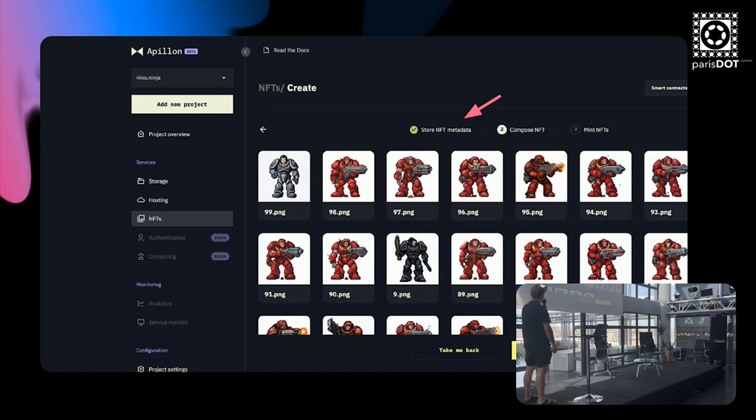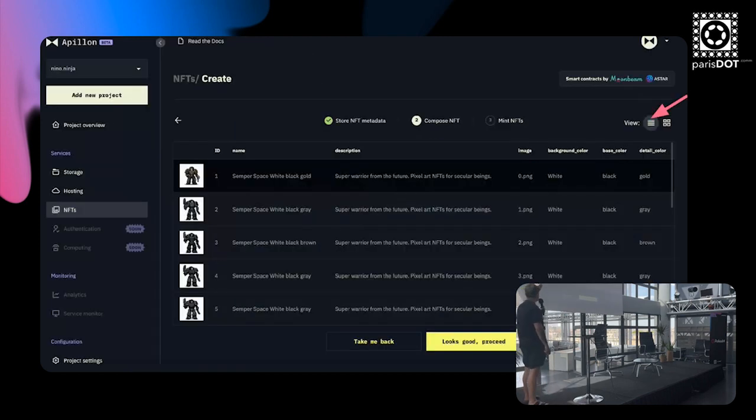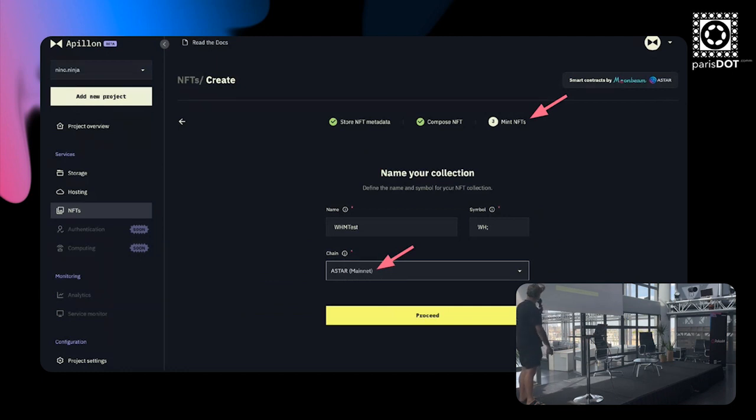So if you're ready and you see the CSV file is good, you click looks good, proceed. And we also offer you a table view so you can compare and see, if you have 100 and something NFTs like I had in this case, it's very nice to compare them and to see where this is working. So the next thing you can do is, of course, you have to create the collection, which then gets